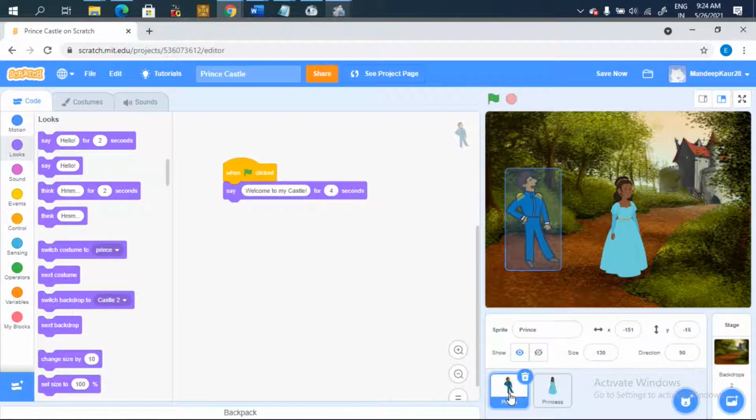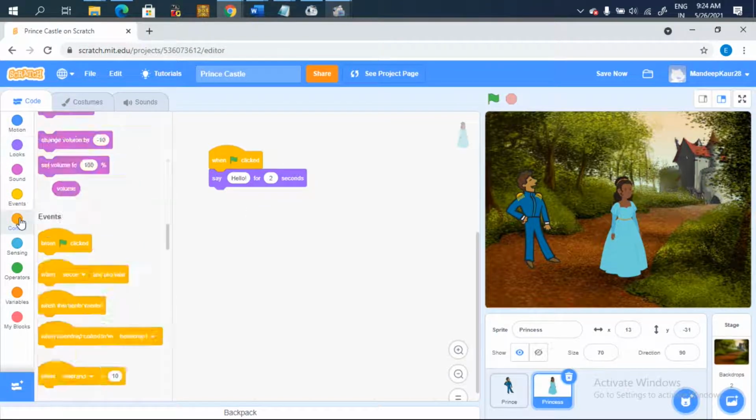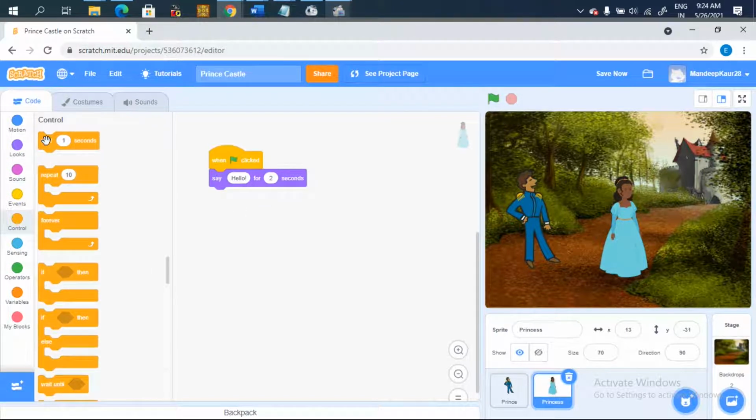So the prince is saying welcome to my castle for 4 seconds, then princess should say something after 4 seconds, right? So here what I have to do is I'm going to the control part and I'll wait for 4 seconds, because when prince is saying something to the princess, she should listen to him and then she should answer his query.